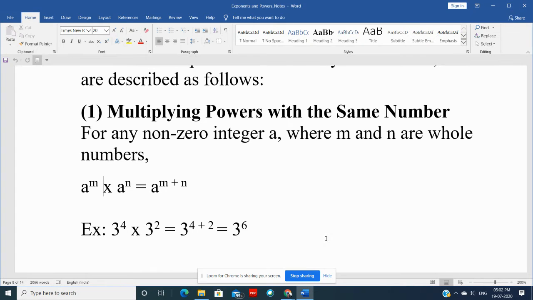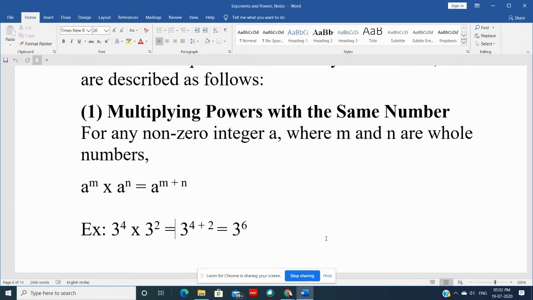You can see here that a is the base and here also a is the base, so the numbers are the same. When the bases are the same and there is a multiplication relationship, powers are